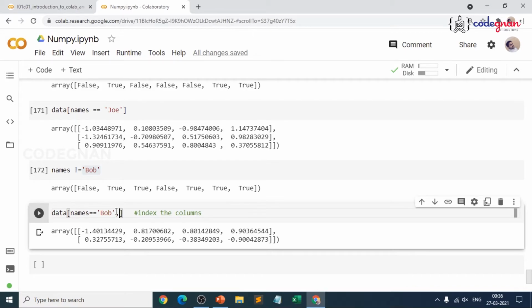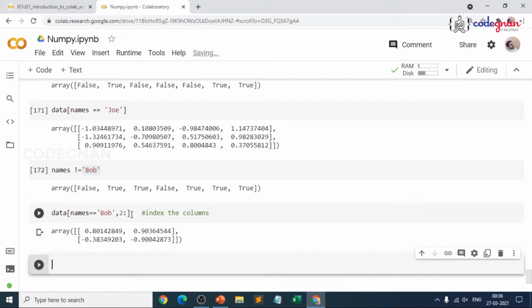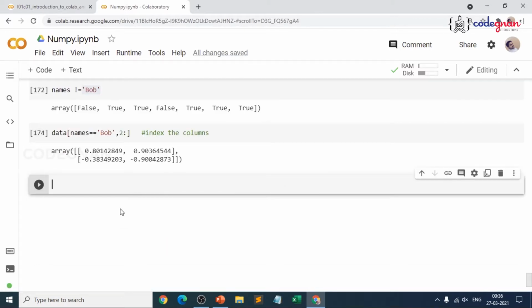Suppose you want to get 0, 1, 2, 3, because this is the first column, second column, third column, fourth column. I just mentioned 2 is 2. What do you get? 0, 1, 2. So you get it starting with 0.81 in my case. For your case, it is different. So this is how I got it.